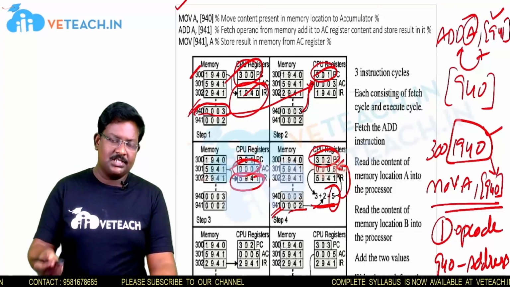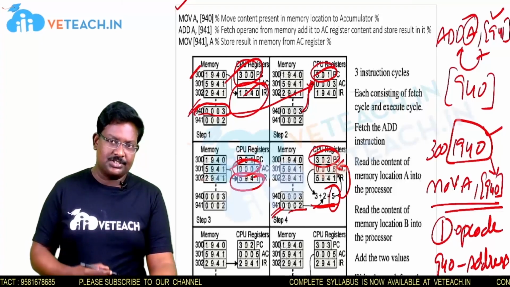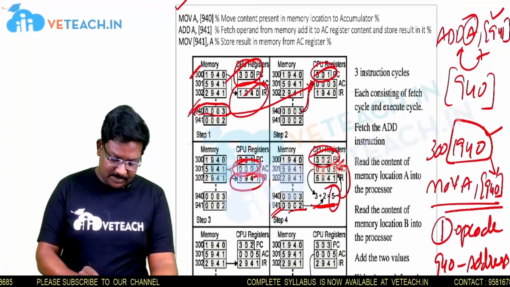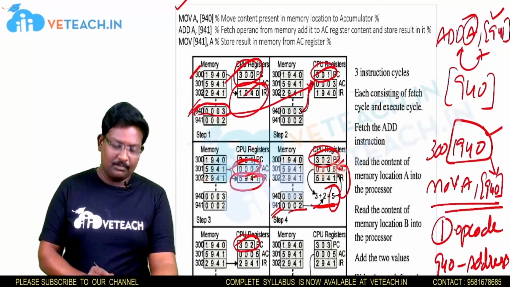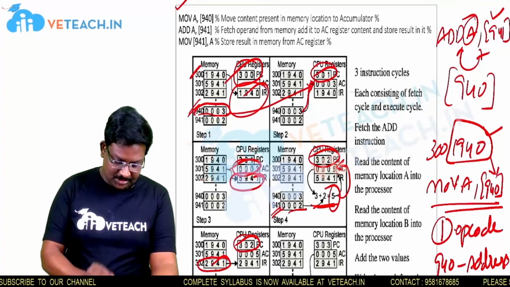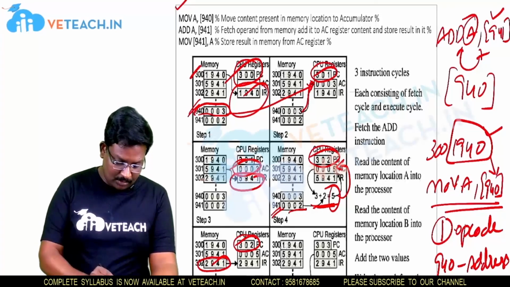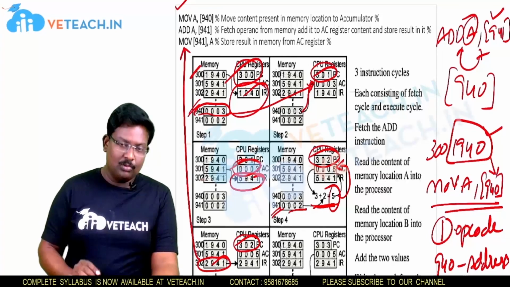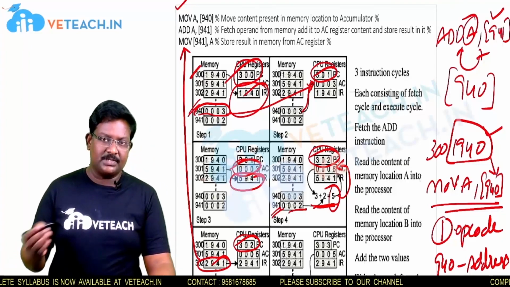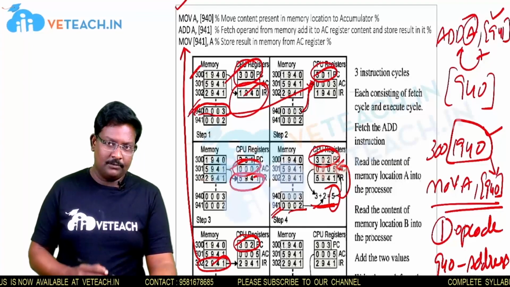While the instruction has been executed, now the processor is going to fetch another instruction according to the value that is present in the PC. The value that is present in the PC is 302. Now we are going to fetch the instruction that is present in 302. The instruction that is fetched is 2941. The meaning of this instruction is MOVE 941 comma A, nothing but moving the content present in the accumulator register into memory. That is the meaning of this instruction.